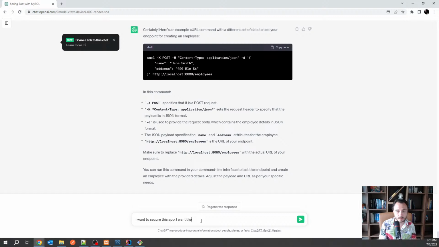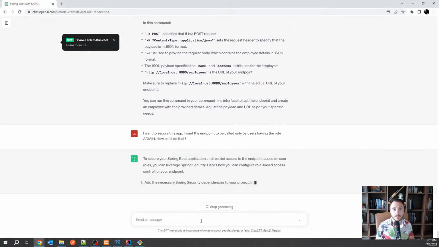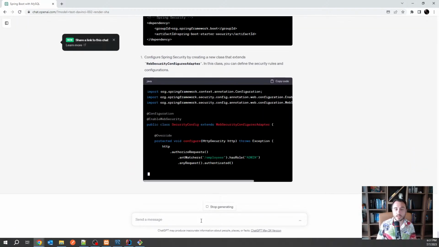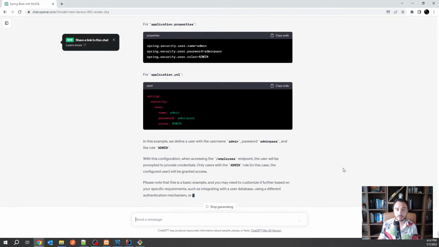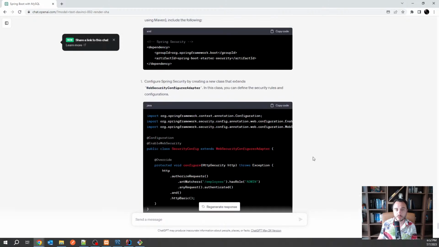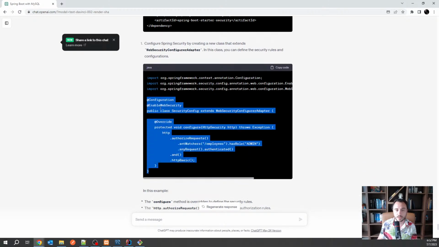I want the endpoint to be called only by users having the role admin. How can I do that? Remember, I'm still a junior and I don't know how to do that. Okay, it suggested Spring Security. Now I will not go into writing this anymore, because you can see that it already gave me